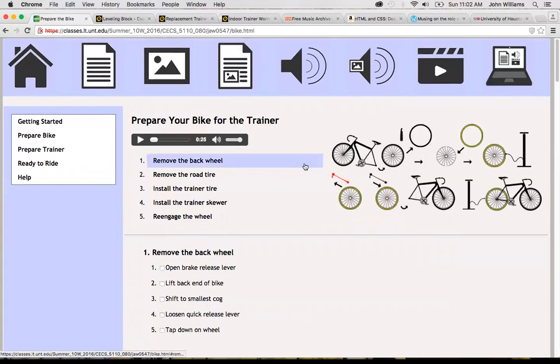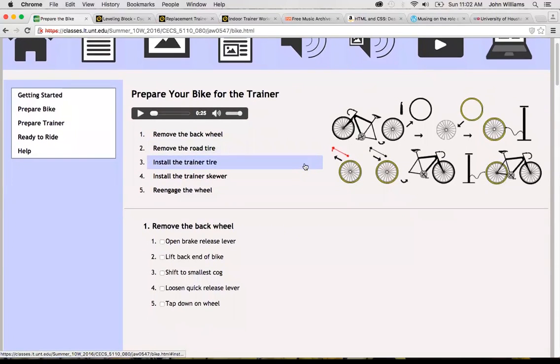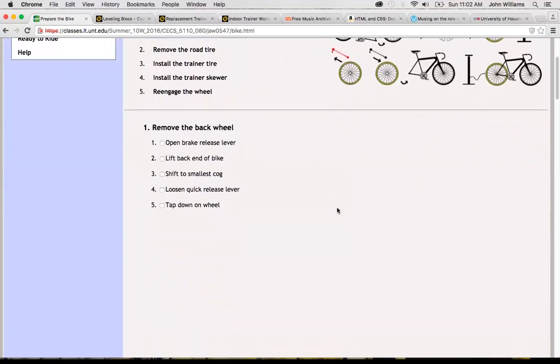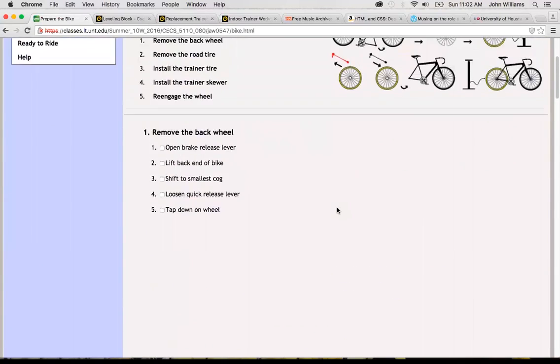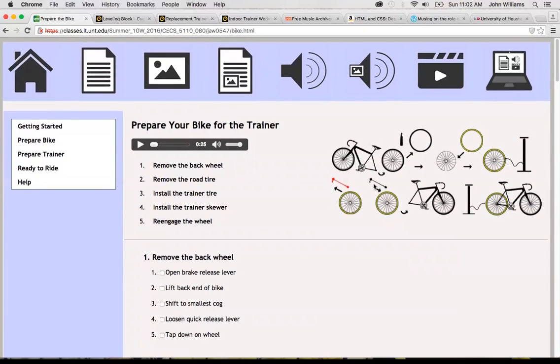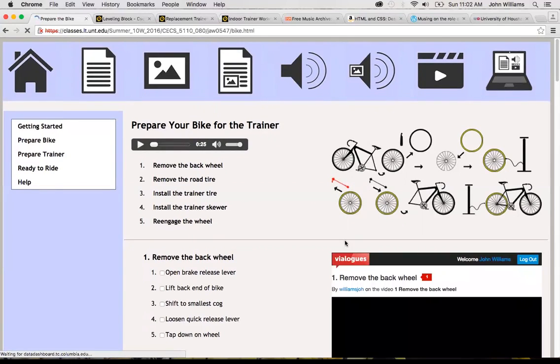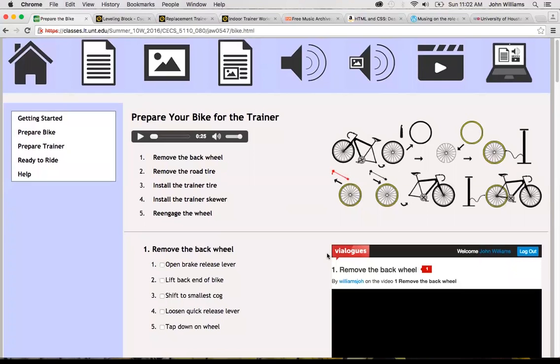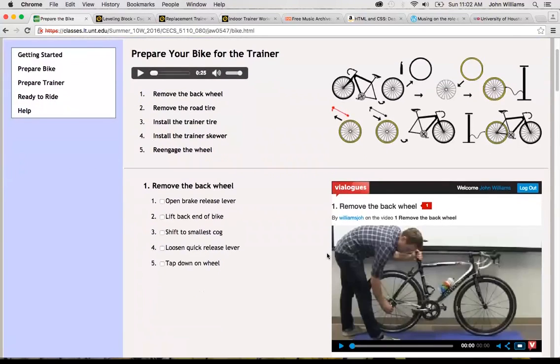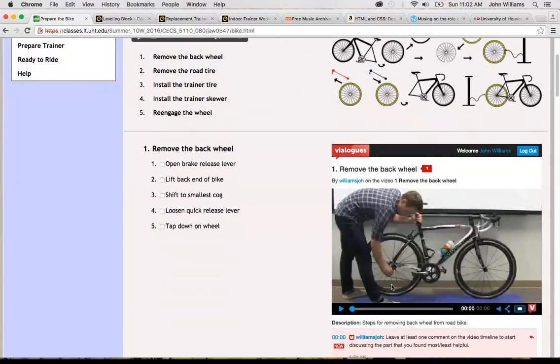For example, prepare your bike for the trainer. I don't see, actually a lot of the content is missing here. I'm going to go ahead and kind of enable the script that's missing by clicking this little shield and saying that I'm going to enable that. The reason why I decided to leave that the way it is, I could have chosen to not use this tool, but I think this tool is so great and I wanted to use it. And I also decided to leave that in there for a teaching moment